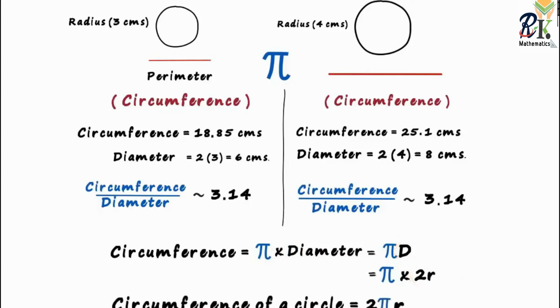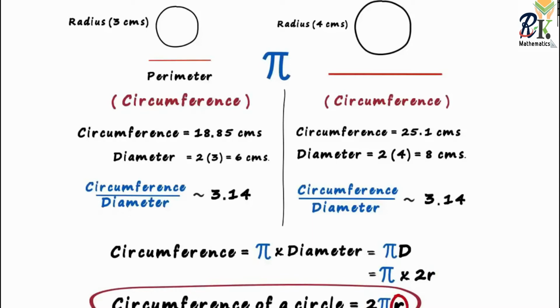So the circumference of a circle is written as 2 pi r. All we did was write this product a bit differently. This is a very important formula as it gives us the value of circumference even if we just have the radius